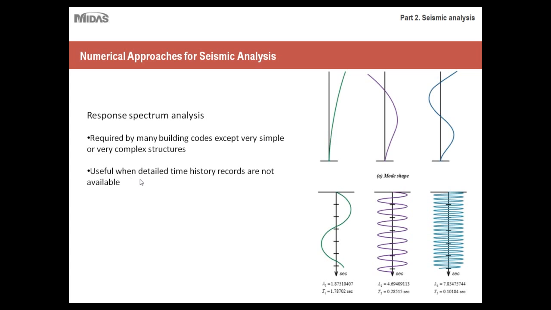So it's useful when detailed time history records are not available. I'll discuss more about time history records later on when we go over our final analysis type. But just keep in mind that for more complex or higher-end analysis, you'll need what's called a time history record or series of time history records, which very closely detail a series of critical earthquakes in the area in which you're residing. So for example, if you're working in, say, Los Angeles, a very high seismic region, you'd have a whole database of time history records available to you of critical earthquakes that happened over the years,